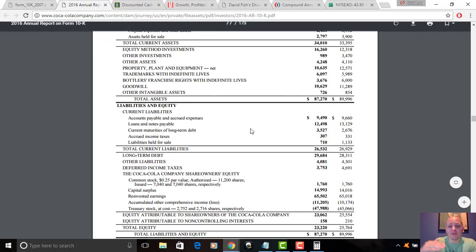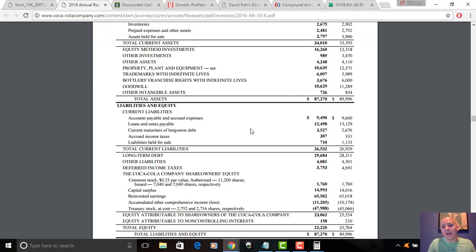So Coke has obviously pulled a lever. They've taken advantage of low interest rates. They've put some long-term debt on the books. They bought back some stock, paid a dividend. And that's not something uncommon. A lot of companies, especially mature companies, have taken advantage of low interest rates over the last 10 years. They put some long-term debt on the books, and they bought back stock, which, equity is usually more expensive than debt, especially when interest rates are low. They've been paying out that growing dividend and everything else.